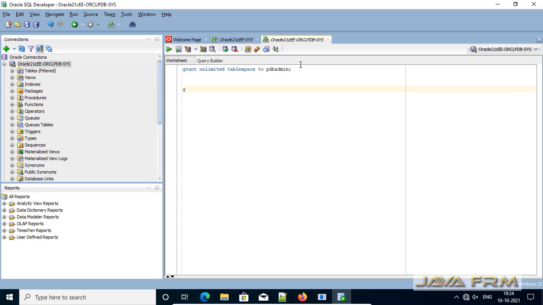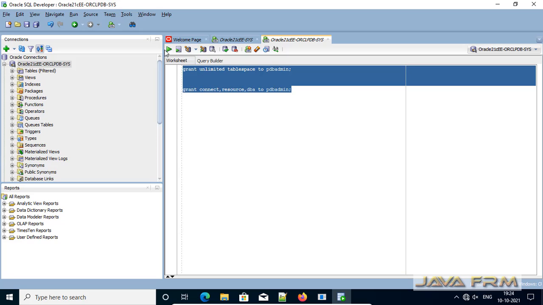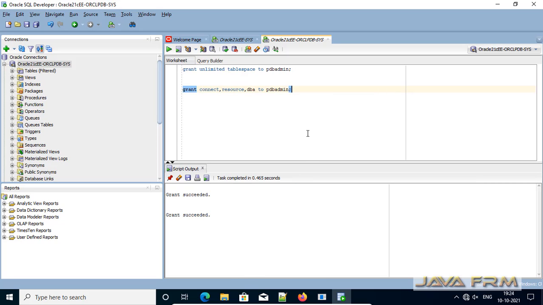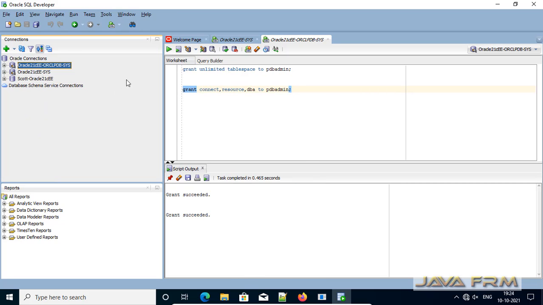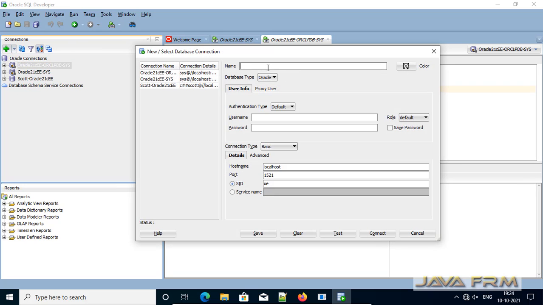PDB admin is available by default, no need to create a separate user. Grant connect, resource, DBA to PDBADMIN. Yes, grant succeeded.